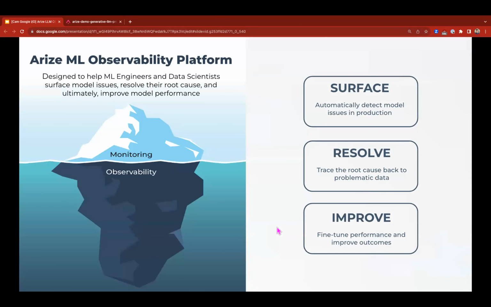Level setting on overall observability: it's not something we came up with. It's been pioneered across APM and DevOps, where we have this concept of proactive alerts and monitoring. I don't want to go into a platform and run code in a notebook every day, every hour, to see if something's going wrong. I want meaningful signals that tell me something has arisen.